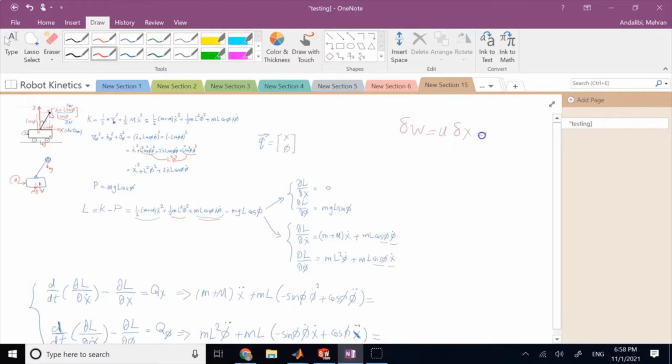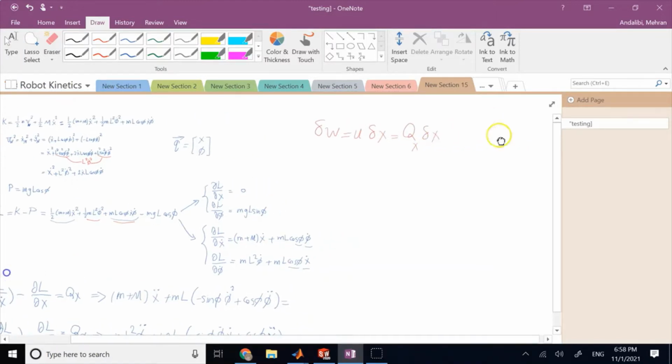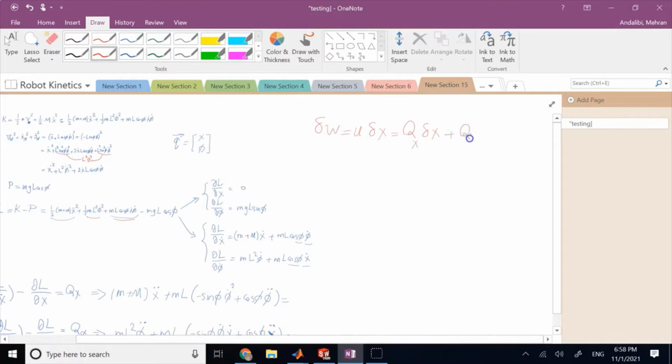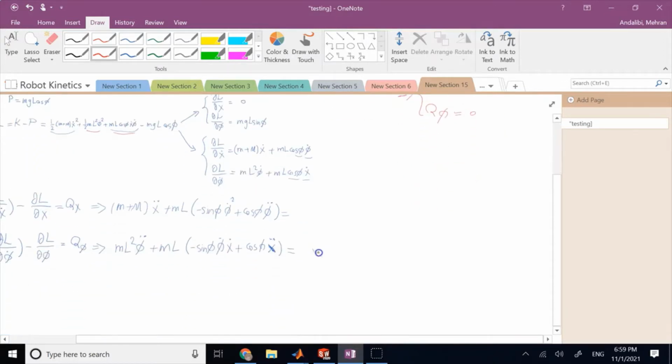And clearly, if we say this is equal to Q of X times delta X plus Q of phi times delta of phi, clearly that means you set them equal, that Q of X is equal to U and Q of phi is equal to 0. So this is 0, this is going to be U, and that gives us our equations of motion that you